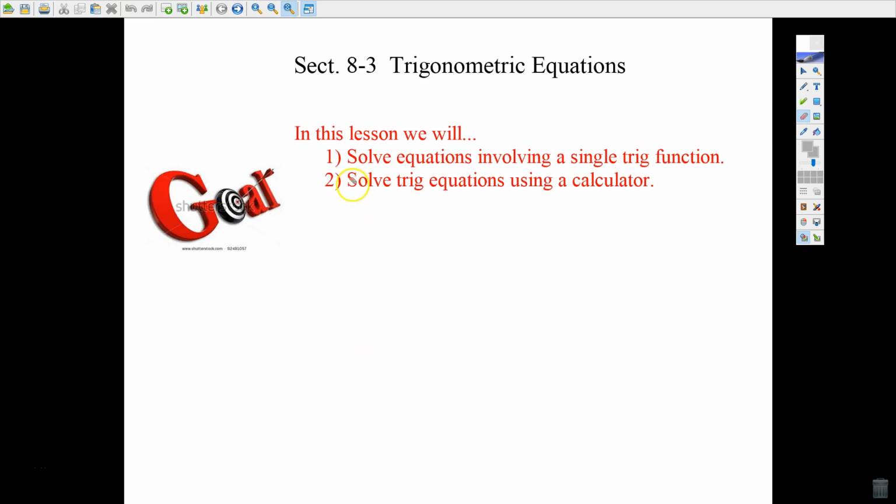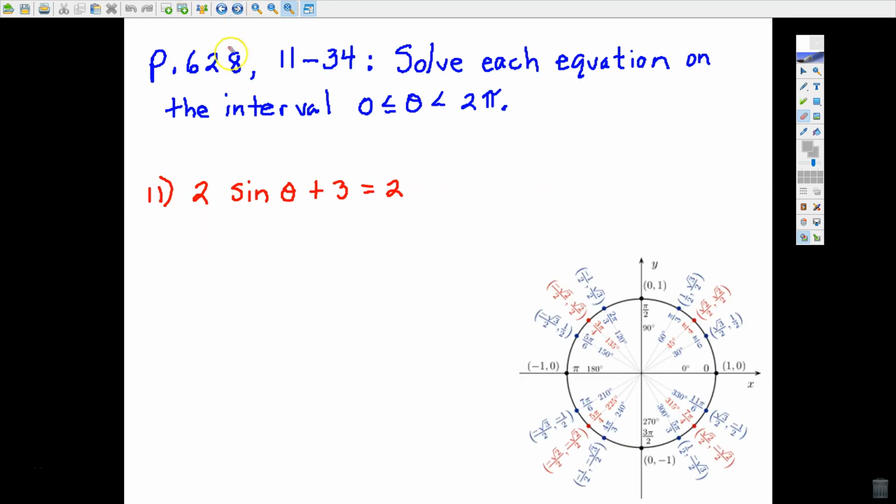Section 8.3, we're actually going to only address one of these objectives today. We're going to be solving equations involving trig functions. So let me give you some samples. And the thing that makes these problems a little bit different is that you're really going to be looking out